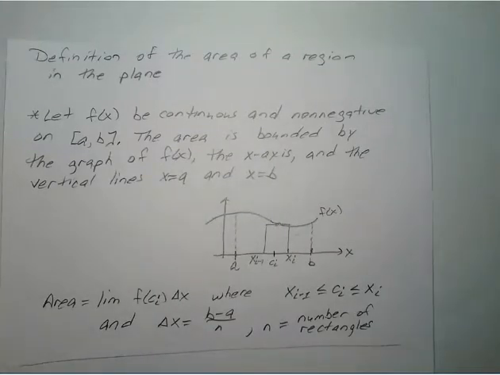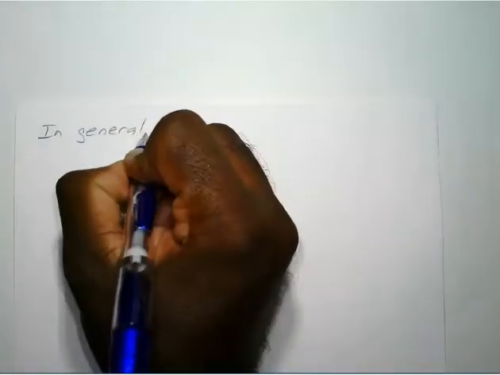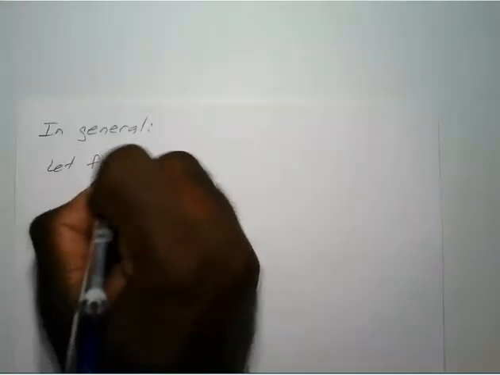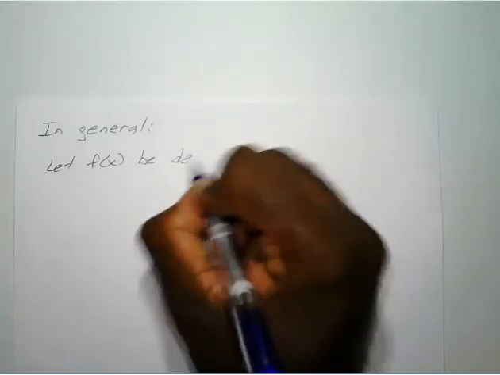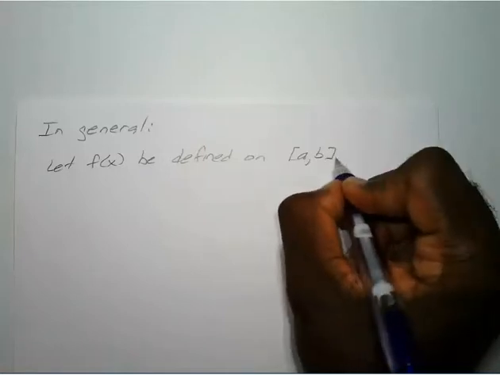All right, so now we can use that to come up with a general definition. If you are still writing, feel free to press pause, but we're going to go ahead and move this to the next page instead of trying to squeeze it on this one. Okay, so in general, we're going to let f of x be defined on the interval from x equals a to x equals b,